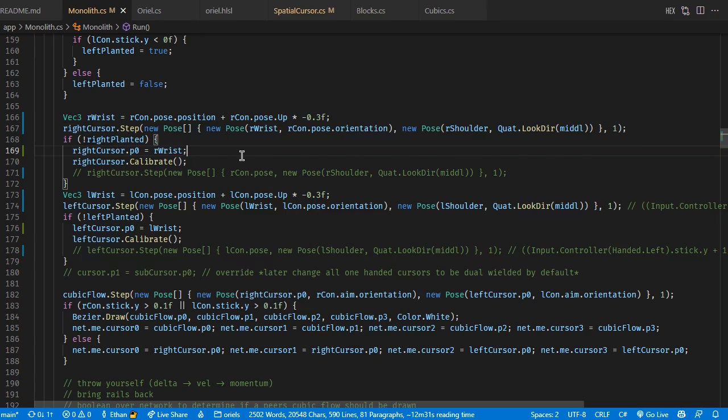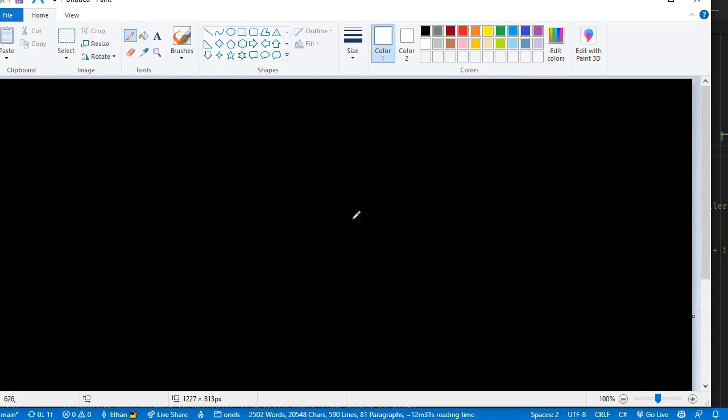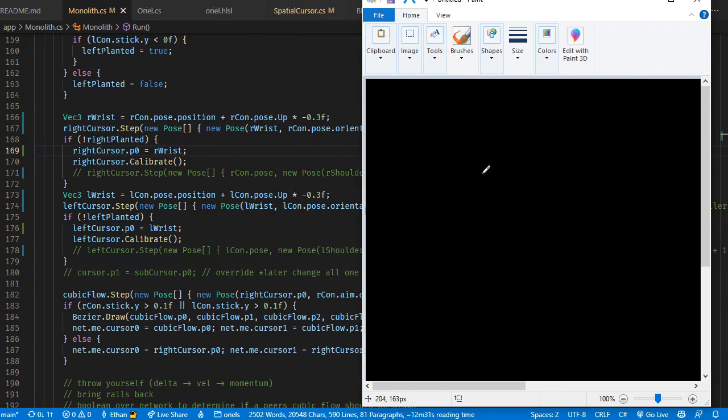Because the issue that we're running into is, you would calibrate, right? But the calibration is working on old data. The way I got around that before is I had the step go over the calibrate, but that really wasn't fixing the issue. If anything, it made it look worse. So I definitely put the step after the calibration and made sure that they both had the latest data to work with. And then once I was able to do that,